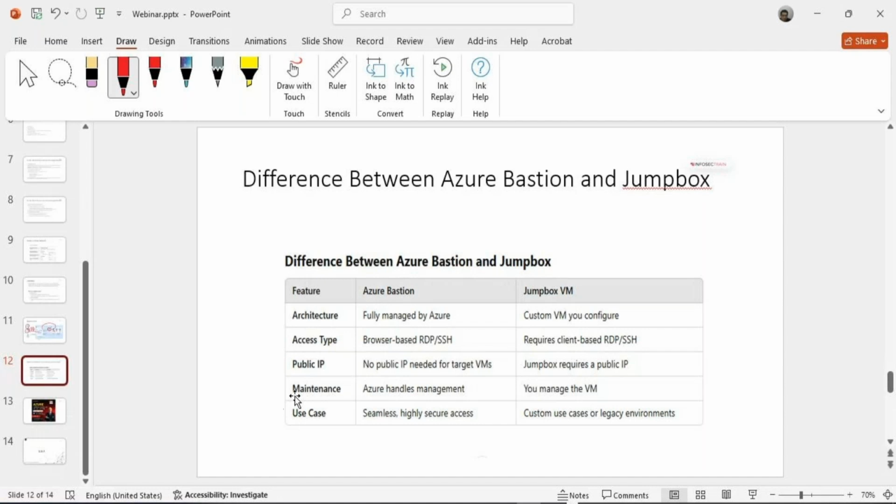So what is the difference? Bastion is not a VM, it's a service. It's browser-based access, web access of the VM. For Jumpbox, you need to configure a VM with a public IP, and you need to use RDP. It's not web-based. Jumpbox requires a public IP